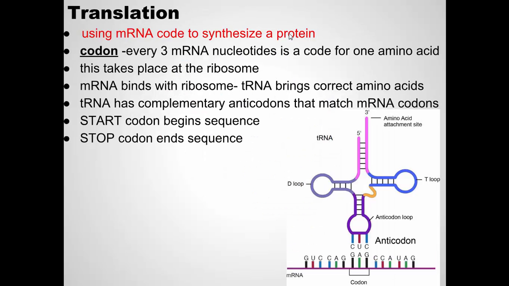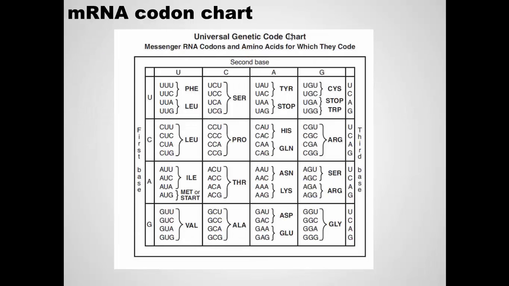So you have a chart, and we'll get into this chart more when we get to our genetics unit, but this chart is the universal genetic code. All organisms have the same genetic code. And what it does is it tells you which codons code for which amino acid. For example, if the messenger RNA has the codon UUU, that is a code for an amino acid, phenylalanine. If it has GAG,